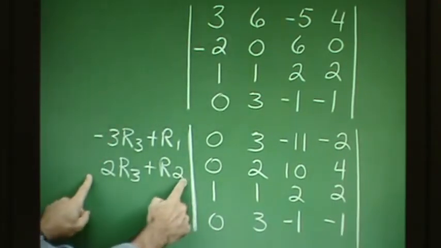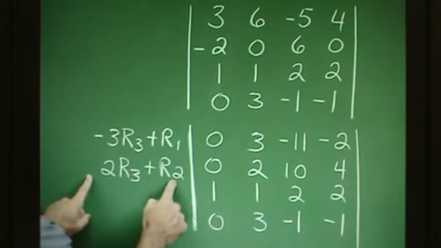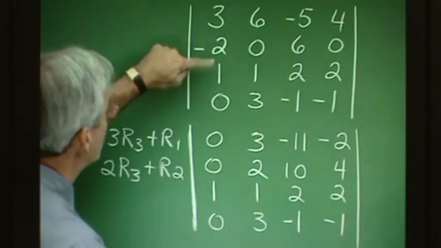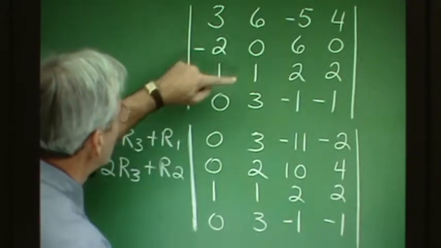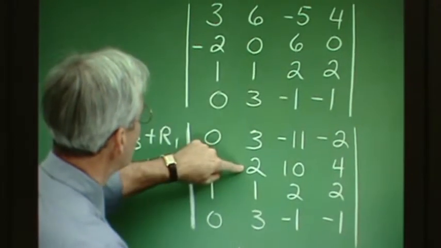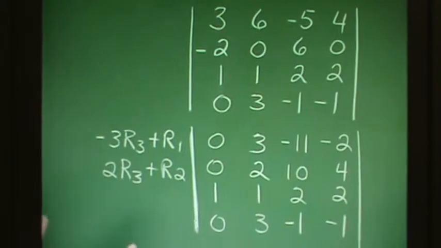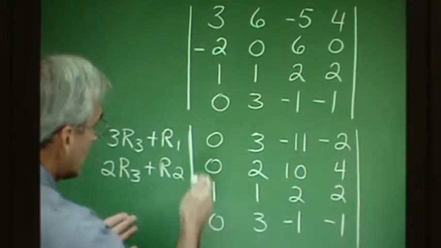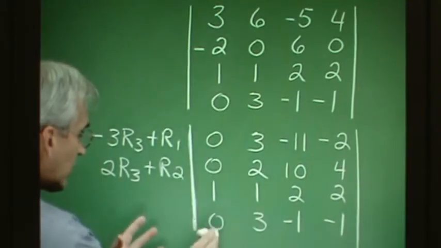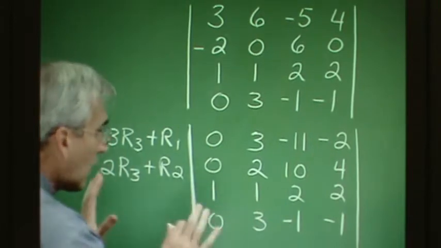So we indicate what we're doing here. 2 times row 3 plus row 2. That's 2 times 1 is 2 with negative 2 is 0. 2 times 1 is 2 with 0 is 2. 2 times 2 is 4 with 6 is 10, and so on. All right, now that we have this situation that we're after with multiple zeros, we can then use our idea